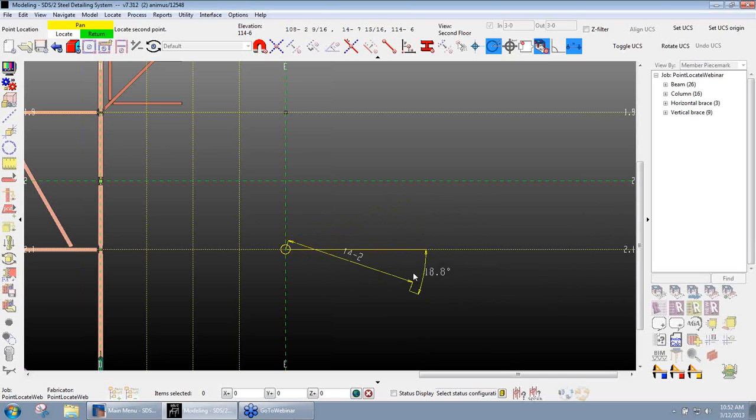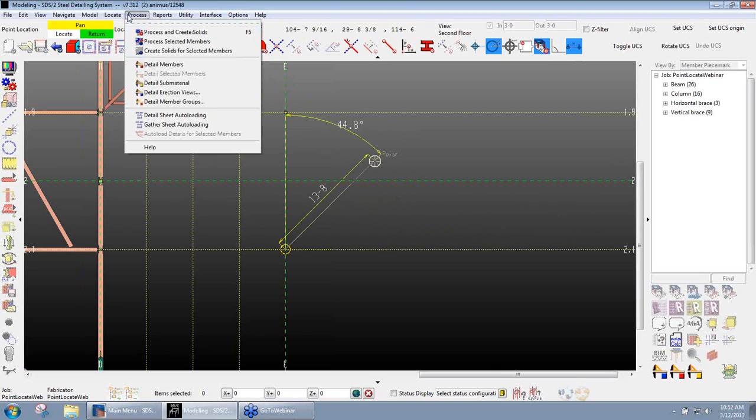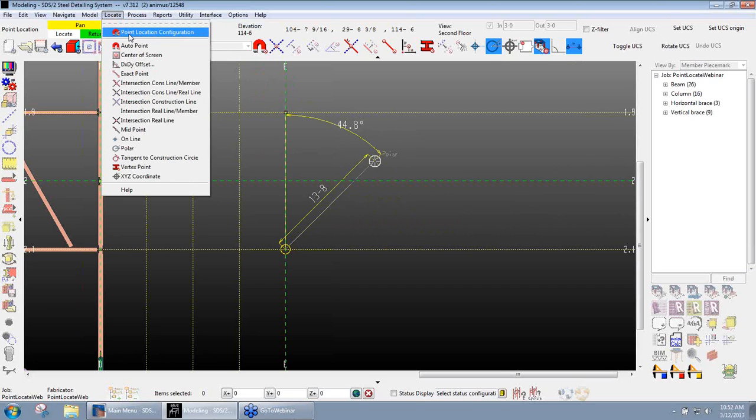And it's actually snapping at this point in time to 0.1 degree increments. Also notice as I drag my mouse, it's now no longer displaying like 1/16 inch increments. It's displaying only 1 inch increments. We can adjust the degree that gets snapped to, but at this point in time it's always going to snap to 1 inch increments. So if I want to adjust the degree that gets snapped to there, I'll go up to my locate pull down and I'll go to point location